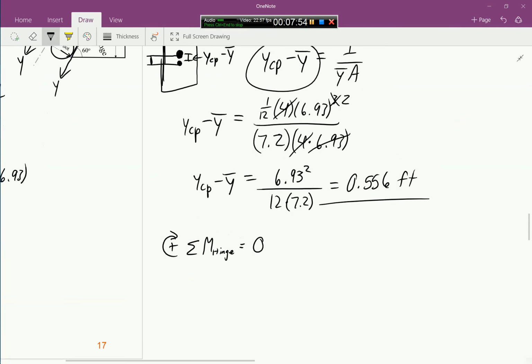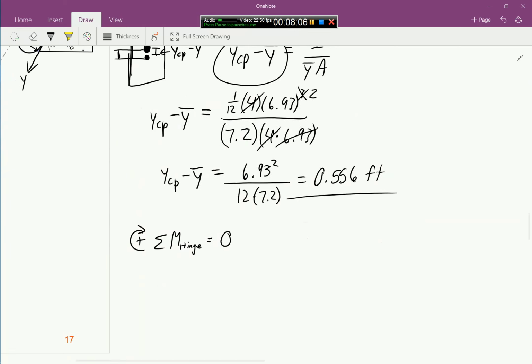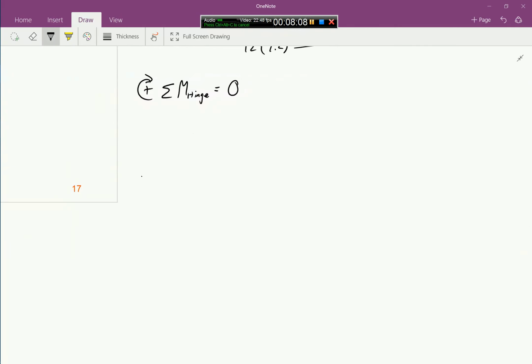So all the moments need to be 0 in order to have it not swing open. And we're going to say clockwise is positive. Again, just like the other problems, it doesn't matter if you choose the other way as positive. All the signs for this next part will just be negative. And in this problem, if we draw a free body diagram of this gate,